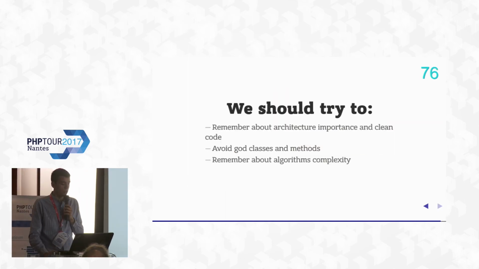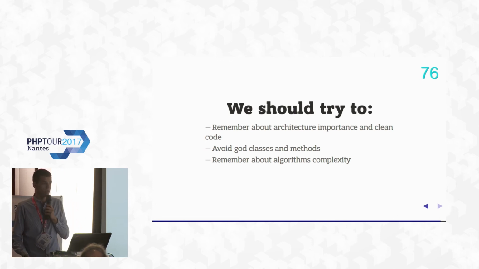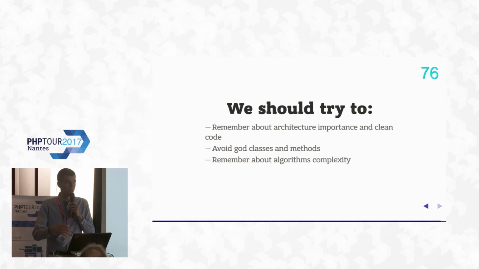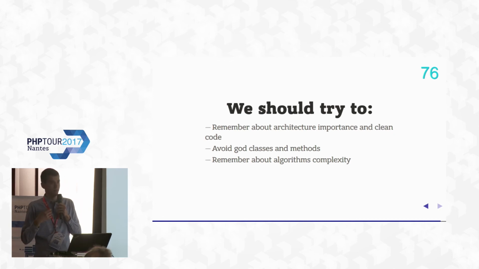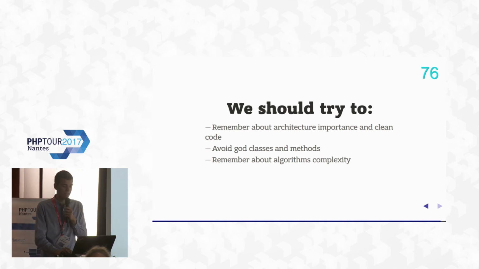And we should try to remember about architecture and the importance of clean code, because it's easier to profile this code. Avoid giant classes and methods. When you have a method that doesn't fit the screen and it works slow, you will never know what in this method is slow, so you would have to split it into multiple methods and then try to profile again. Don't do it, and then you don't need to split it. Make methods as atomic as possible,